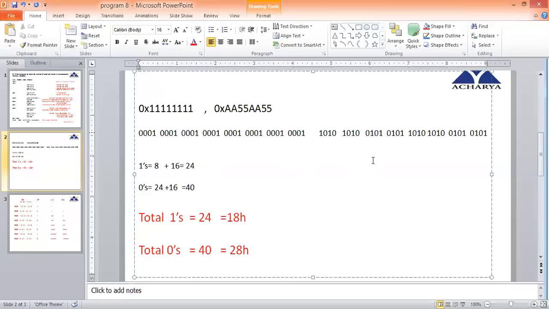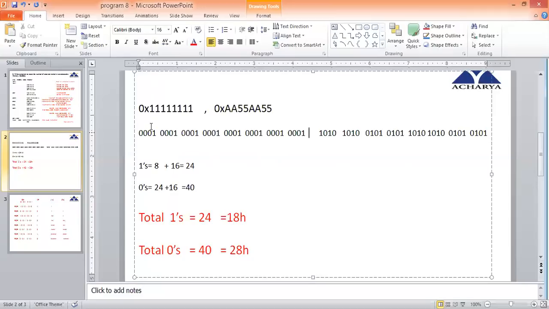Again, for the next rotation, if 0 is going to the next number's MSB, the counter of 0 gets incremented. So if you see manually, how many ones does the first number have? 8 ones. That is what you're finding out. And how many zeros do you have? You have 3, 6, 12, 15, 18. So you're having around 24 zeros that you're finding out. So my first number, zeros and ones, are over.